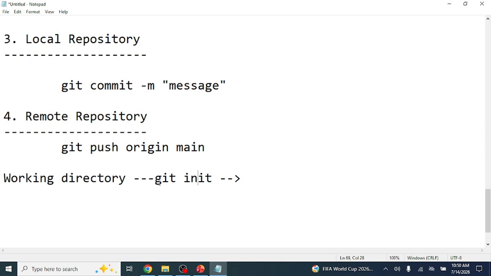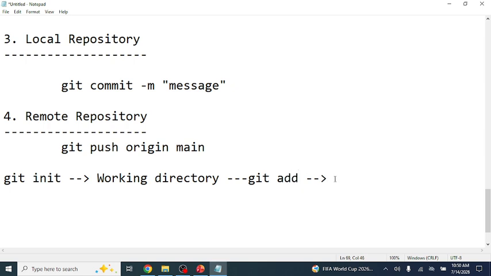Whenever you execute git init, the working directory is identified by git. Then after, whenever you execute the command git add,